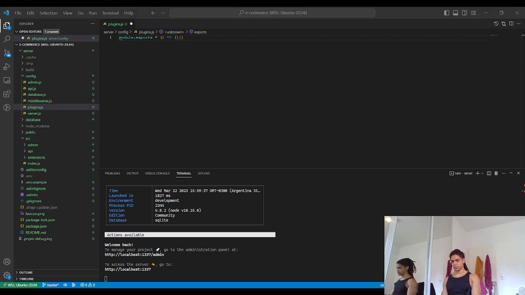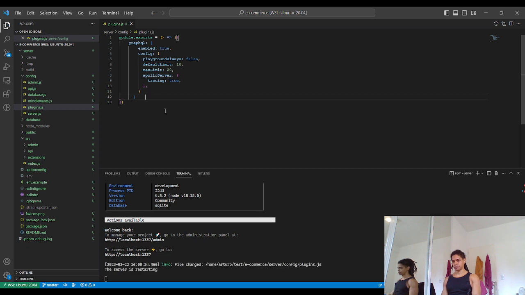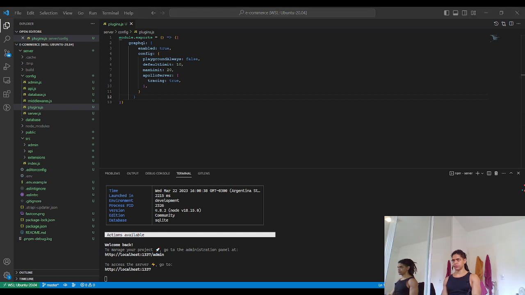An object where here we have the GraphQL options, right? What about this? Nope. Playground always false, that's right. Default limit, max limit, and Apollo server tracing to true. Okay. The server is restarting. Okay, so if I reload this,